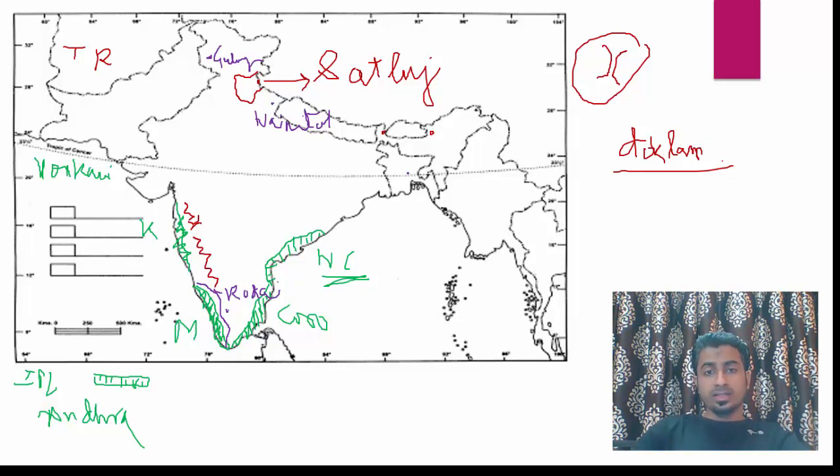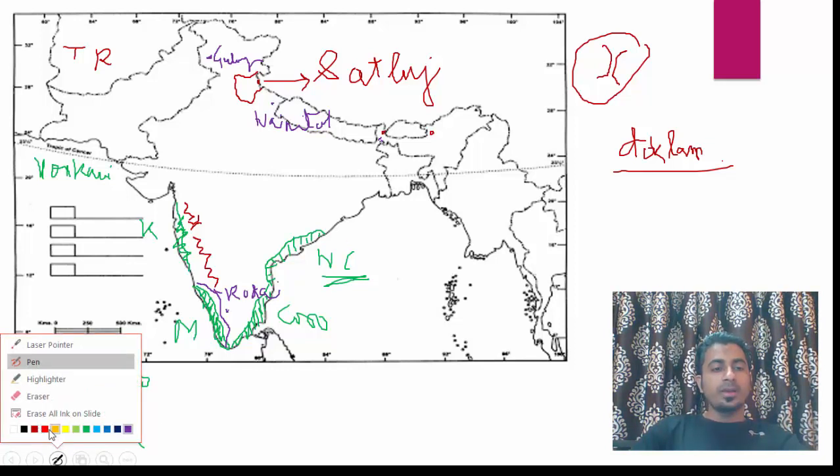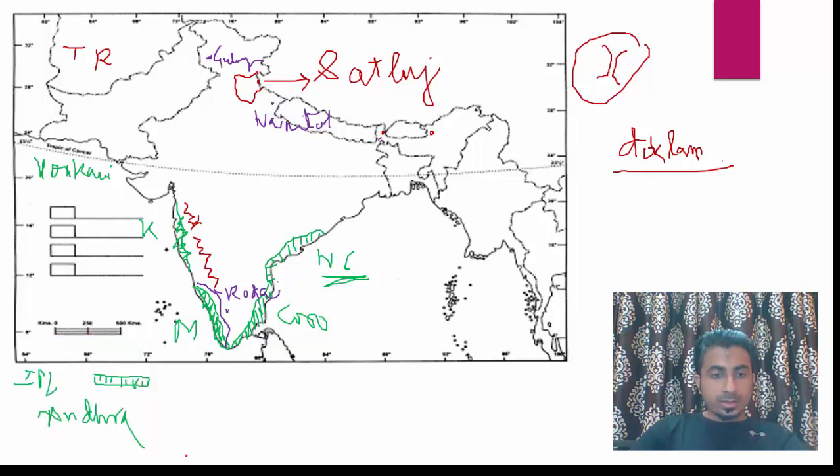Now the last hill station for us is Darjeeling. So Darjeeling is situated here. Okay. Now you will think that this is Sikkim, but no, this is not Sikkim. Why? Because this is the boundary. Above this line is Sikkim, and this much is West Bengal. This is West Bengal, this is West Bengal, and this is also West Bengal. This all is West Bengal. So here we have got Darjeeling in West Bengal to the northern part.